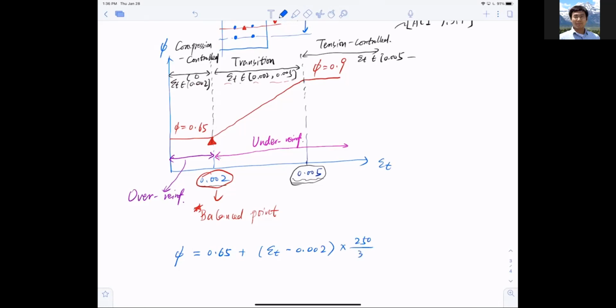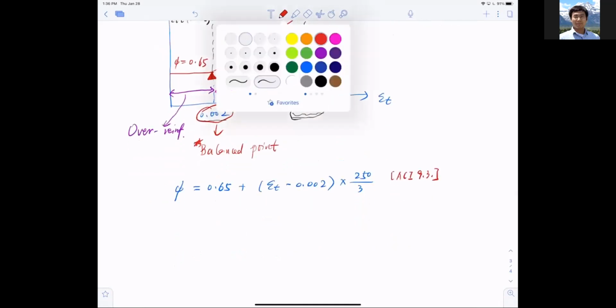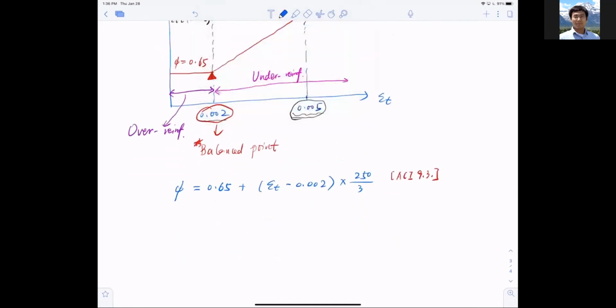This is the equation itself, ACI 9.3. And then this value here, phi equals what? Simply, I can write it this way, phi equals 0.9,